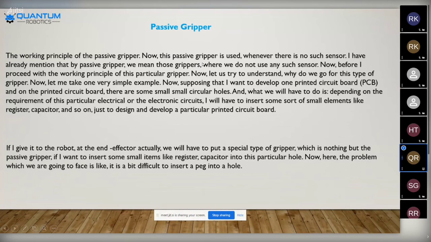Now, this passive gripper is used whenever there are no such sensors. I have already mentioned that by passive gripper, we mean those grippers where we do not use any such sensor. Now, before I proceed with the working principle of this particular gripper,